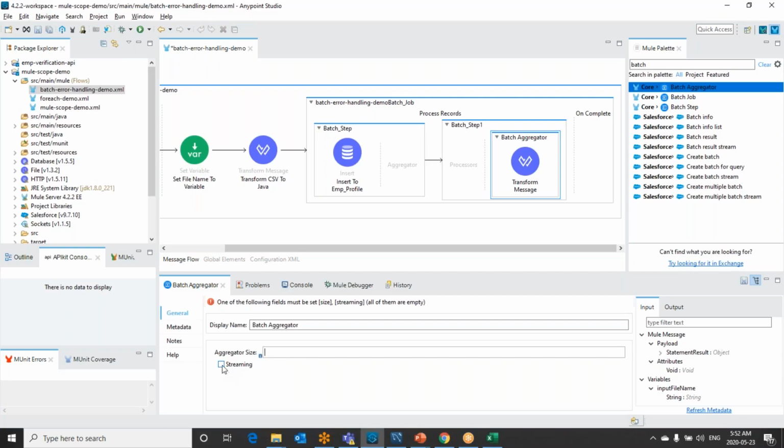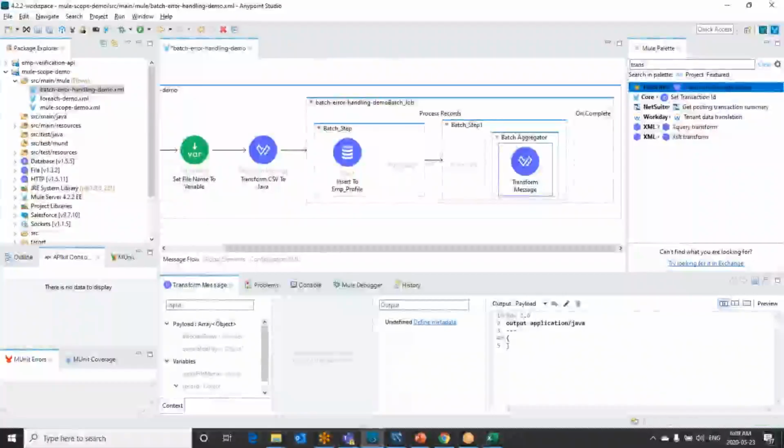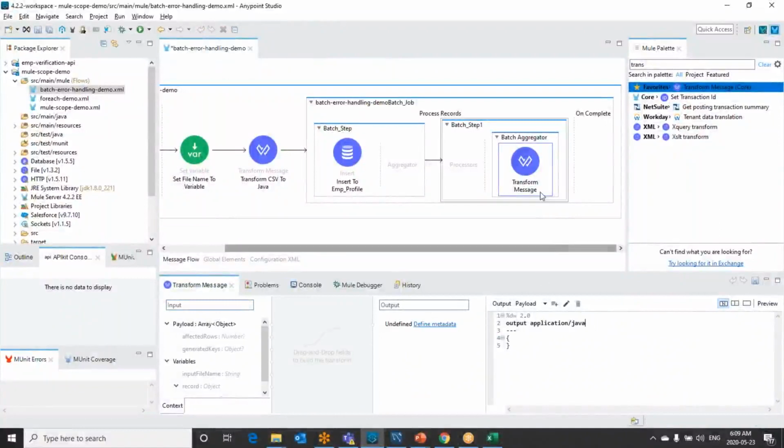For that, I would suggest taking a transform message, and we are going to do a CSV transformation, as we are going to get all the failed records as a collection. So we need to iterate over it to write to the CSV file.